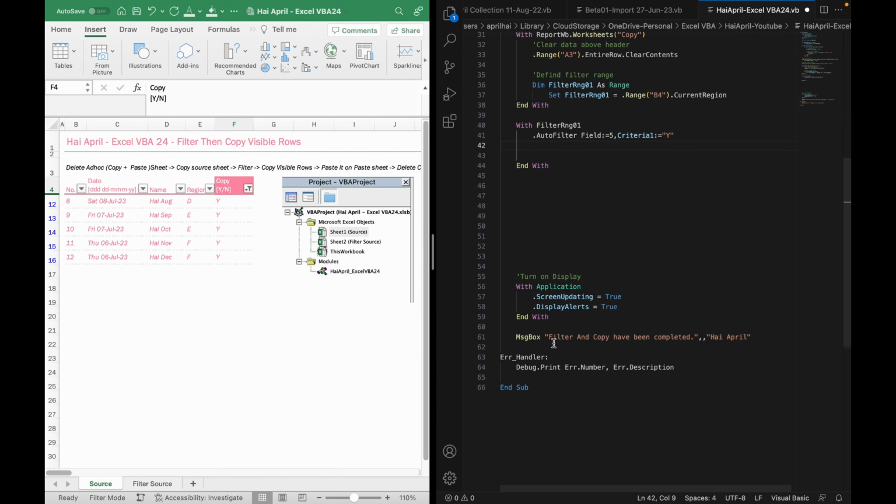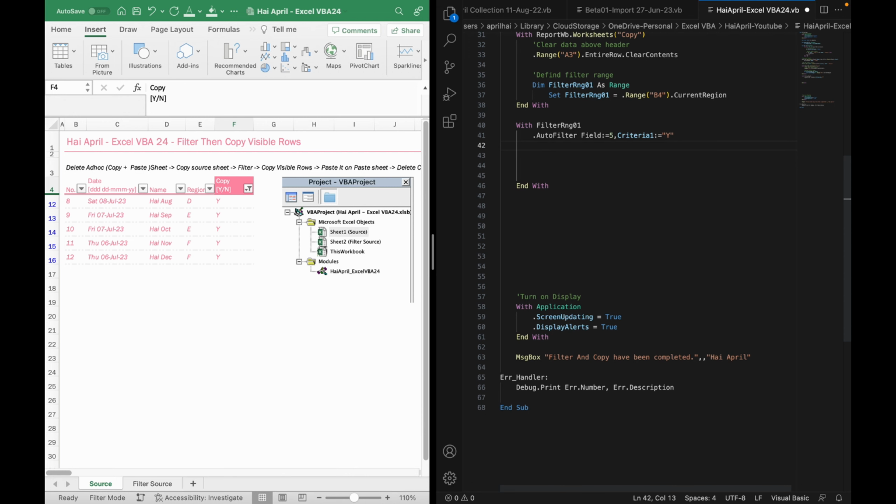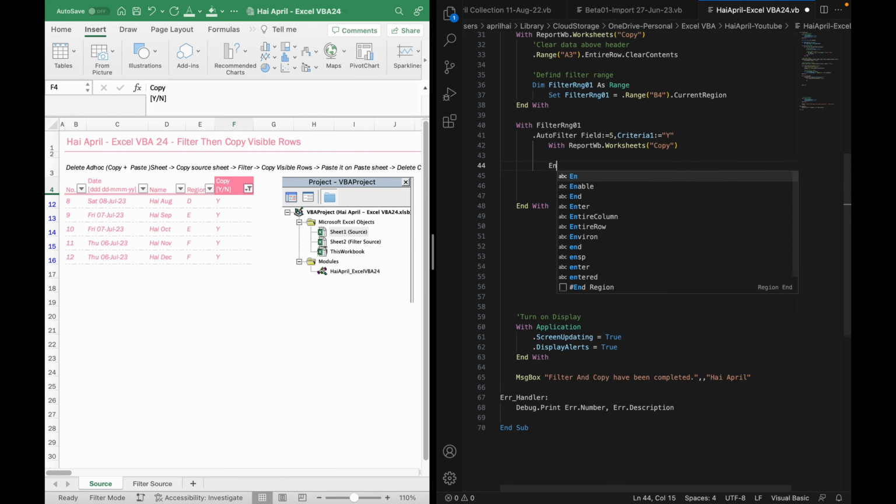Here, the way I do it is with ReportWorkbook.Process workbook, our sheet we are handling is Copy. And with